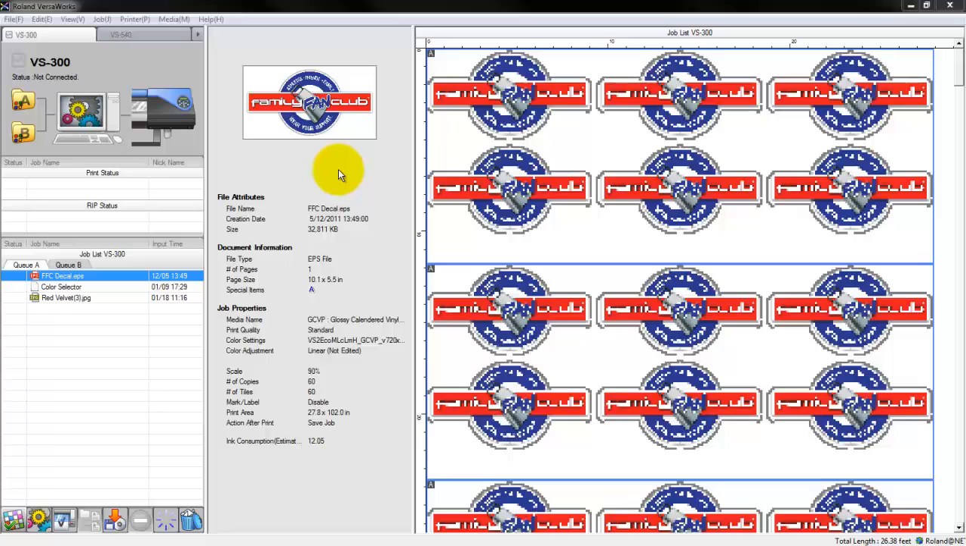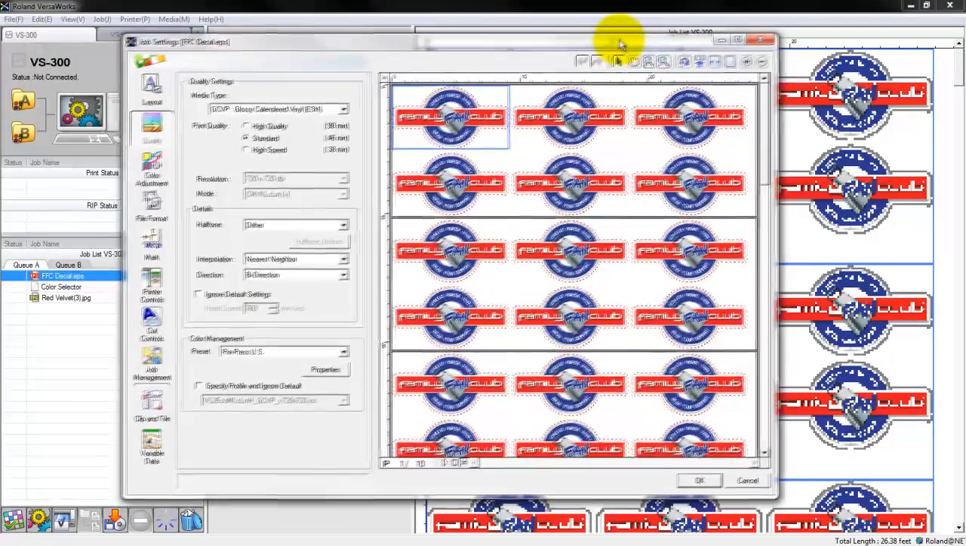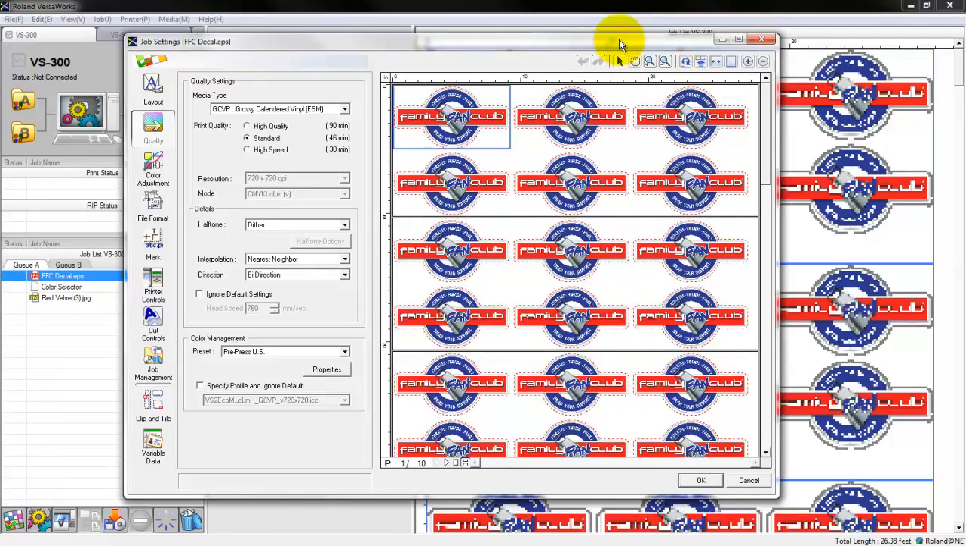So here we are in Versaworks, and I've got the Family Fan Club logo that I used last time in one of my previous videos for the print cut accuracy. When I go into the settings of that, I'm going to take a look at the profile and tell it what media I'm printing on and what I'm doing. So we can go over to our settings button right here and click on that, and I'll drag that over from the other screen, since I have a dual monitor system. And here's our job, and you can see under the quality I've got glossy calendared vinyl right here under media